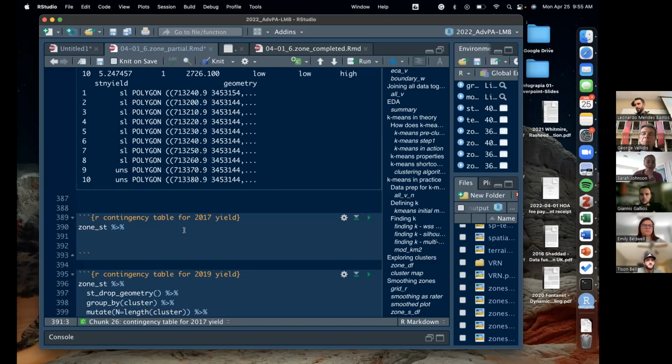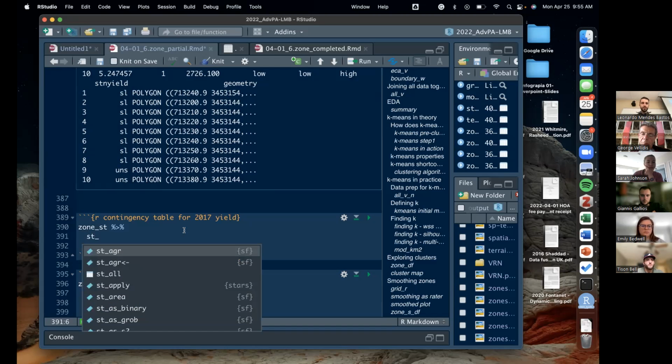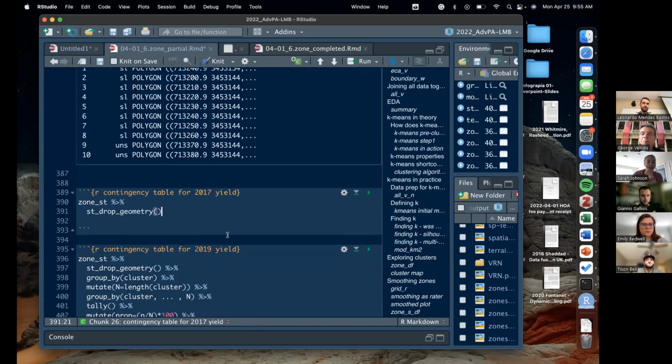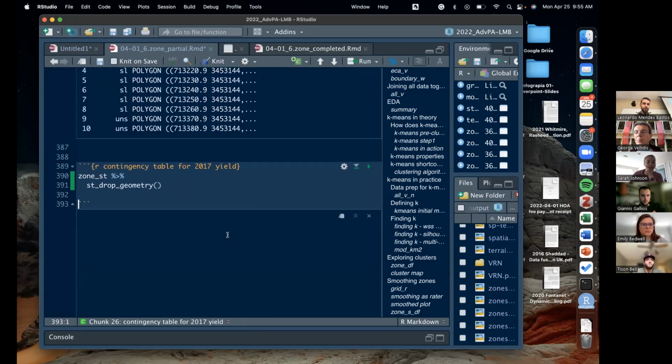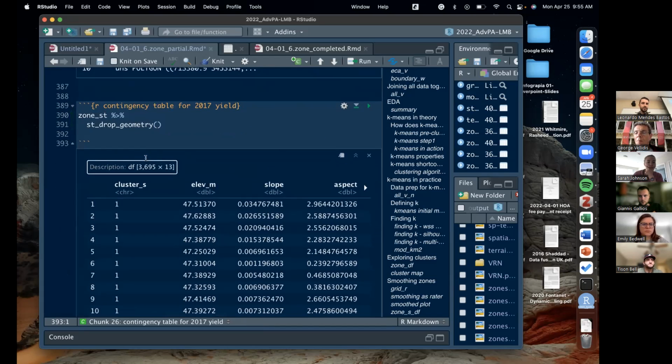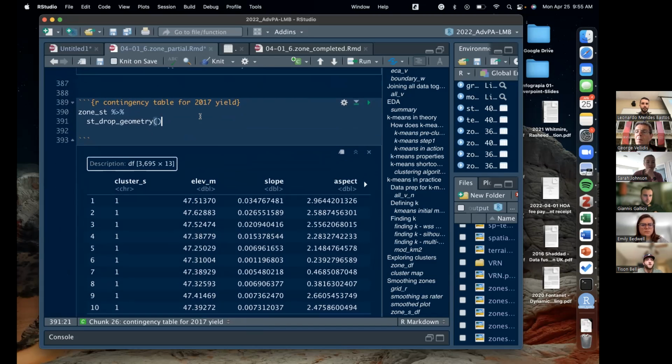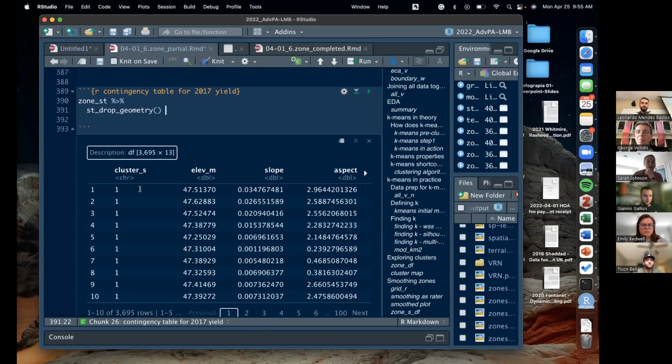You're going to understand better afterwards why we're doing this. But to do that, we're going to use the function st_drop_geometry. So that would be the first step. If we just run this, you see that now this is only a data frame. It does not have spatial information anymore. It's just a data frame. Okay, so what I want to do now is